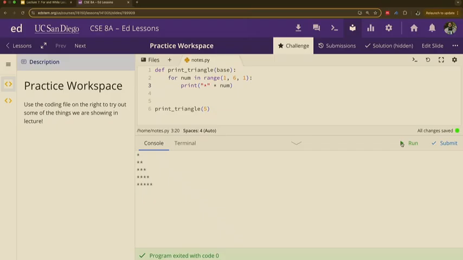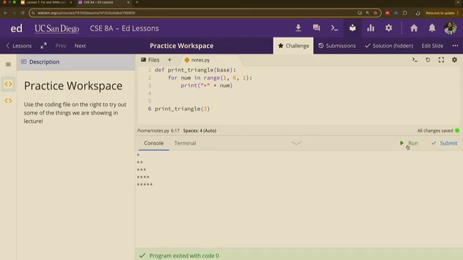That's working. We have our 5 asterisks. Let's do a smaller one. Let's just do 3. Let's run that. Oof. Now I have 5 again still. What's going on here? The range is set. So no matter what input you put, it'll always be the same. Aha. No matter what you give as a base, right?